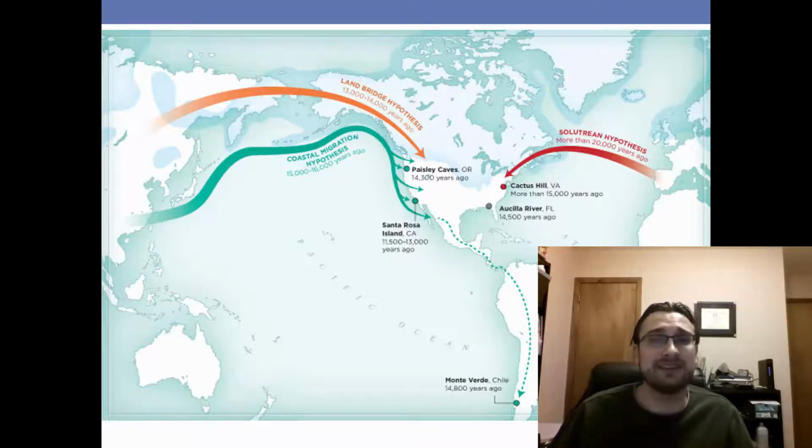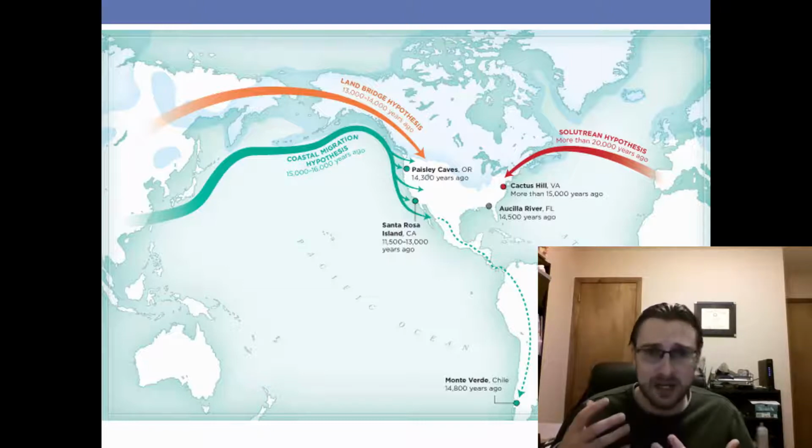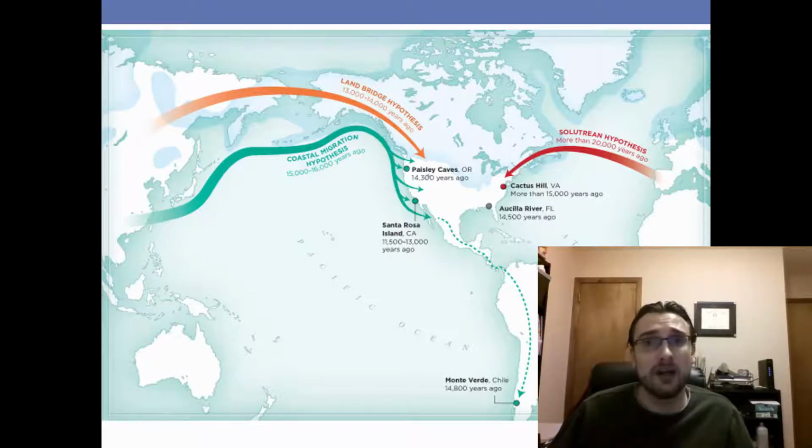A big problem with this is the fact that after the end of the last ice age, remember, sea levels dropped, and that's why the land bridge was exposed. After the ice age ended, sea levels rose again. So all the coastline at this point in time is about 100 miles underwater today, which means that any archaeological site that people along the coast would have been using is going to be really difficult and probably impossible to find. So unless one of these groups for some reason had a reason to haul a boat 100 miles inland,